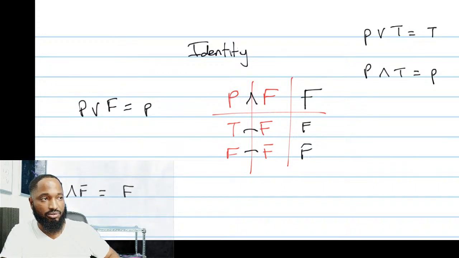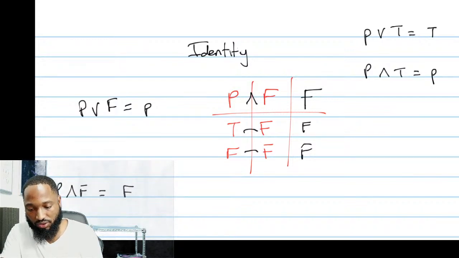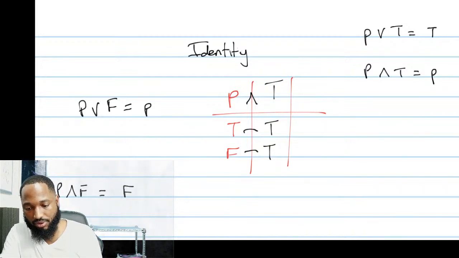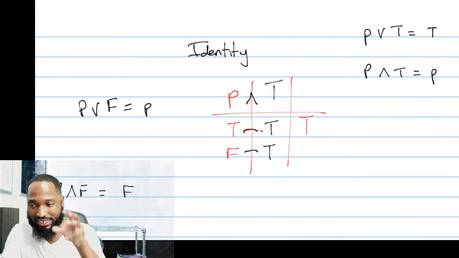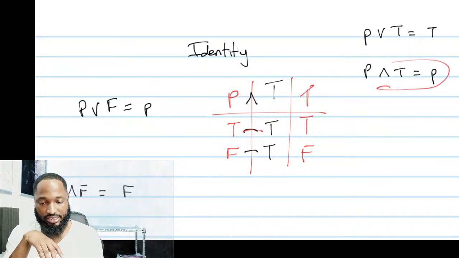This is logic. Similarly, same way, if it was just all truths here, and this is a true instead, what would be the result if we had P and true? P and true would be true and true. So we have a double T here, and you need two T's to give back a T. So P and T is P.